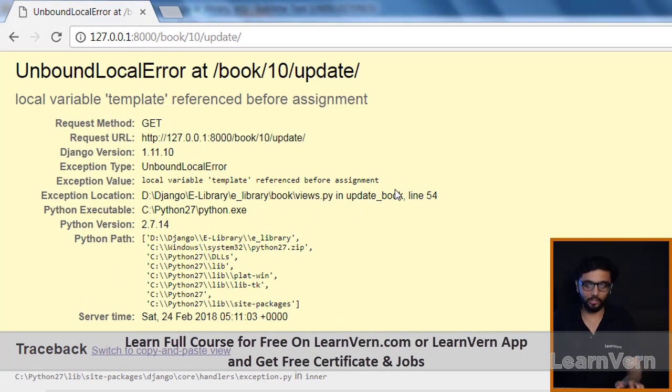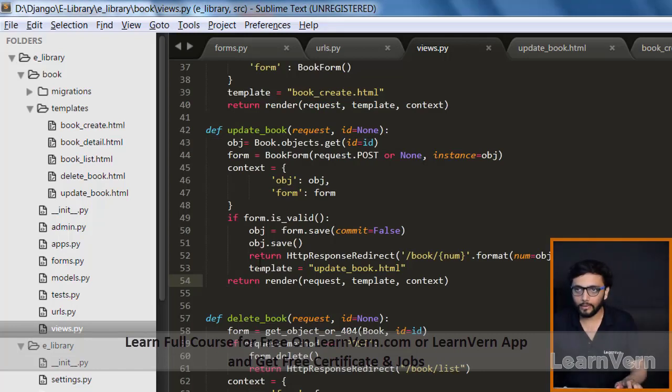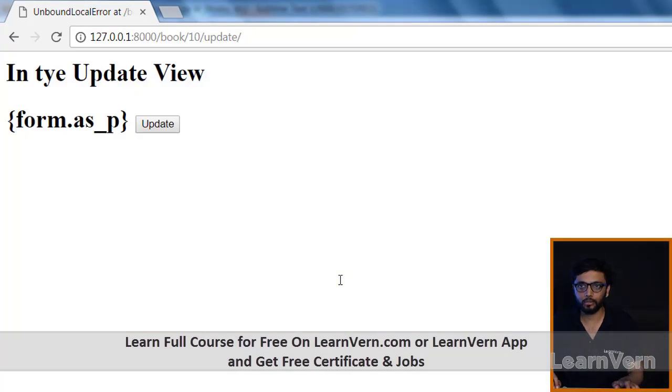Fine. So we got this error, figured it out. Yes, we declared the template inside the if condition, but we have to declare it outside the if. So save it and let's refresh it again. Okay, fine. In the update view,